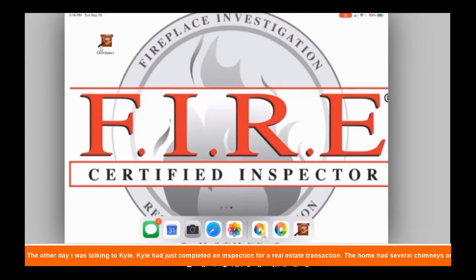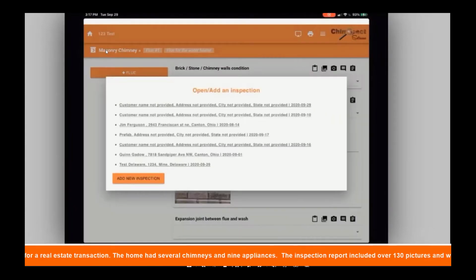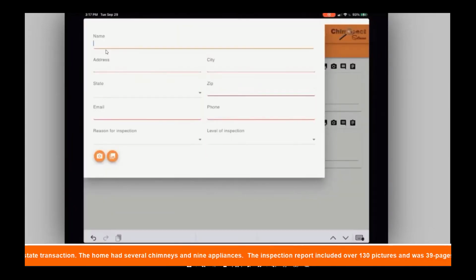of the ChimSpect app for chimney inspections. It can be used on Android or Apple devices. It can be used on a tablet or a cell phone. But when you're presenting your findings to the customer, a device with a larger footprint does work better than just a cell phone. When we open the ChimSpect app in New Inspection, here you would, of course, enter in all